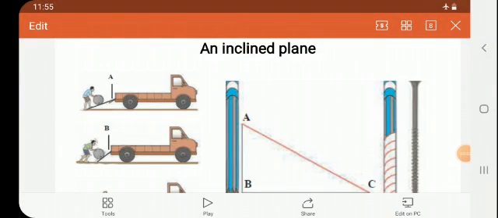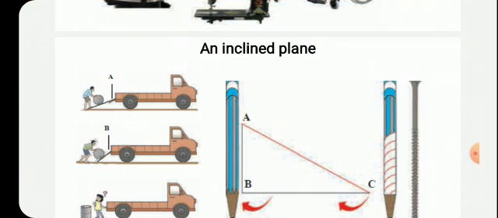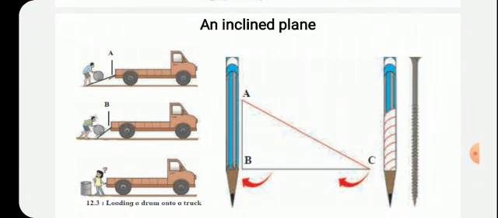Children, now you are clear about simple machine and the complex machine. So now we are going to study in detail about the simple machine. Children, whatever the work we are doing, some parts, or we say a simple machine, are making our work easier, but they are of different types. Accordingly, we will study now.